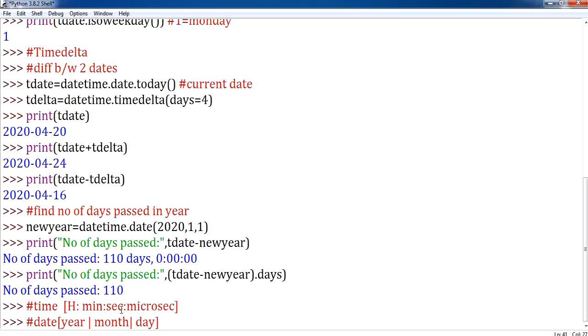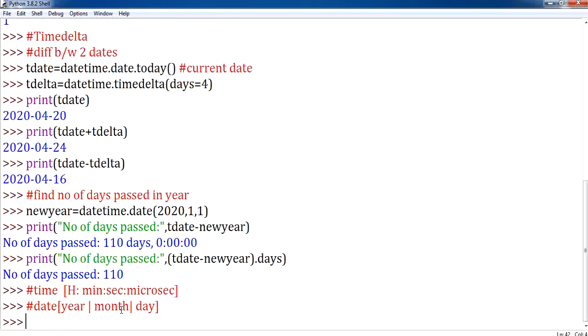Right now we are going to look at time, and let us go for the implementation. Let me declare a variable called my time, and here I am going to use datetime.time, and here let me pass my time as the parameters. Your first parameter is the hour, the second parameter is the minutes, the next parameter is the seconds, and the next parameter is the microseconds.